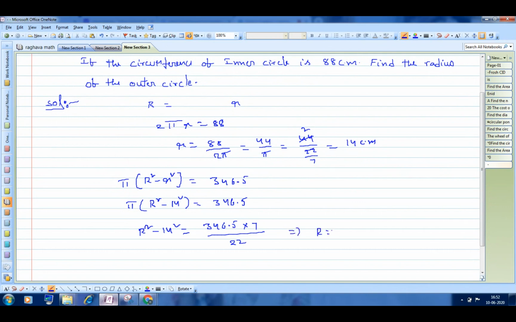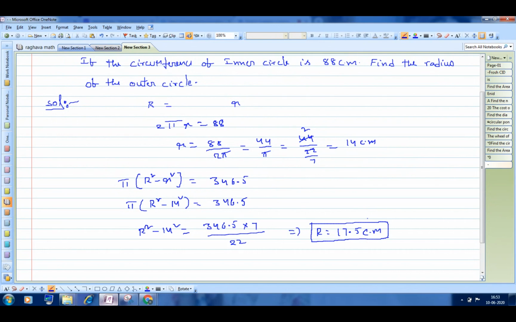Somebody told the answer. What is the capital R value? 17.5 centimeter. Has everyone got the same answer? Yes, sir. See, the questions will be like this in this topic. It is interrelated. They will take 2-3 different circles and relate the required data to other circles. If you are able to solve the unknown things, then only you can find out the required things.